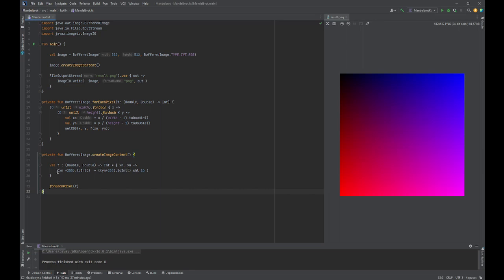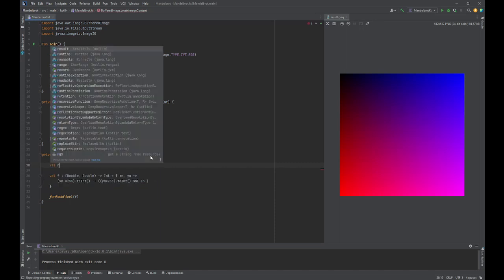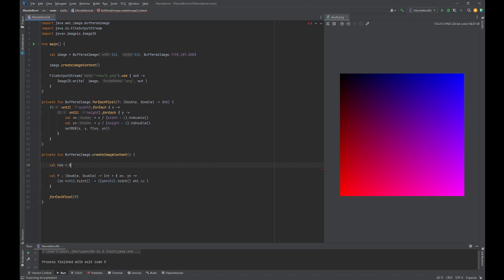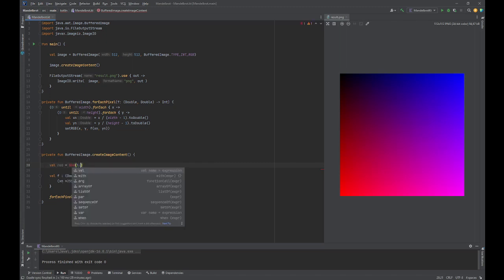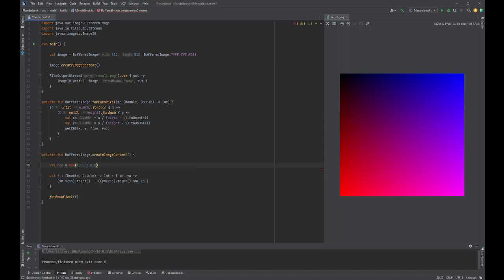I also want to abstract out how we calculate our colors. So let's say that we were to have a color red, for example. I would like it to be written like this. For example, RGB 1.0, 0.0, 0.0. So we have full red, no green, and no blue. So to make this happen, we need a